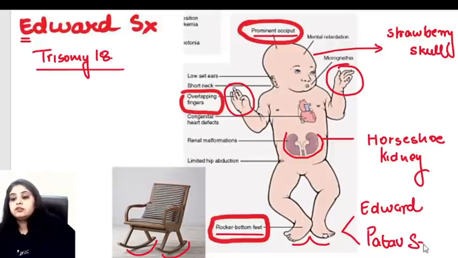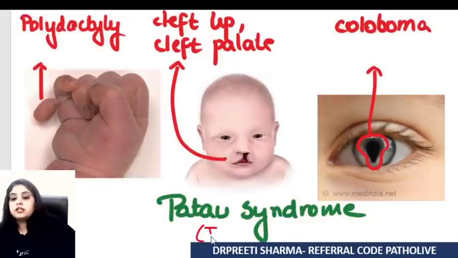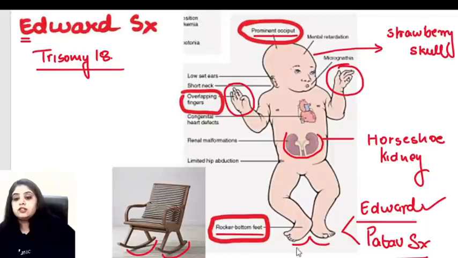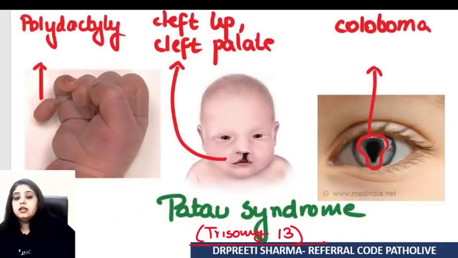So what is Patau syndrome? Edwards, you've studied everything. What is Patau? Patau is trisomy 13, so we should also study what all happens in trisomy 13. Trisomy 13 or Patau syndrome, number one, you've done, it can show the same rocker bottom feet. But what else can it show? Please remember, P for Patau, P for polydactyly. They can show you extra digits.